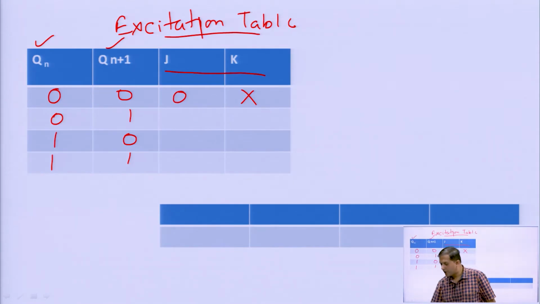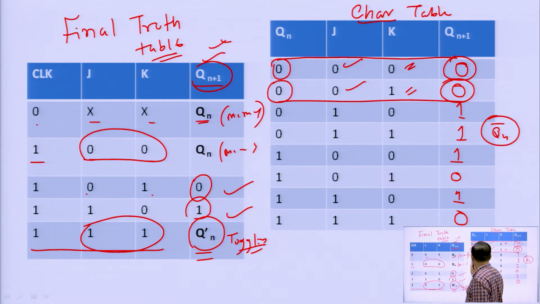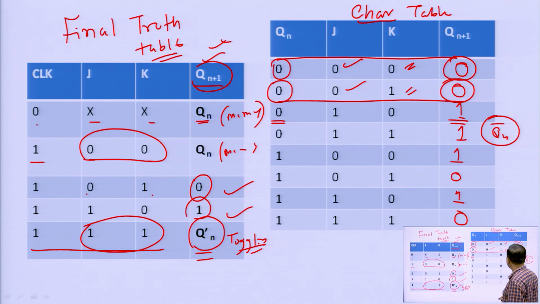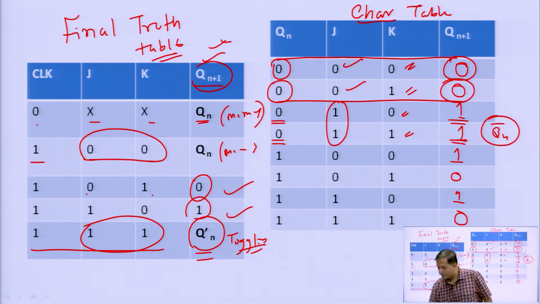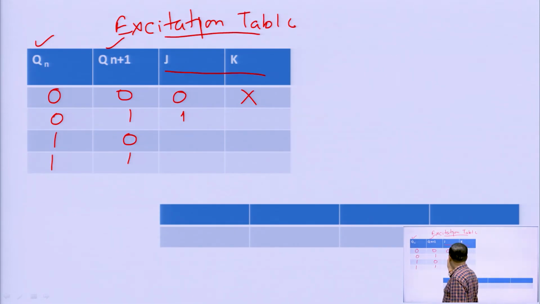Next, what condition will be there, 0 or 1? Let us check Q n = 0 and Q n+1 = 1. Any other condition here? Yes, here also 0 and 1. Here J is 1 for both the cases, but K is changing, first time it is 0 then 1. So, we can write like this, 1 and cross. Got it.